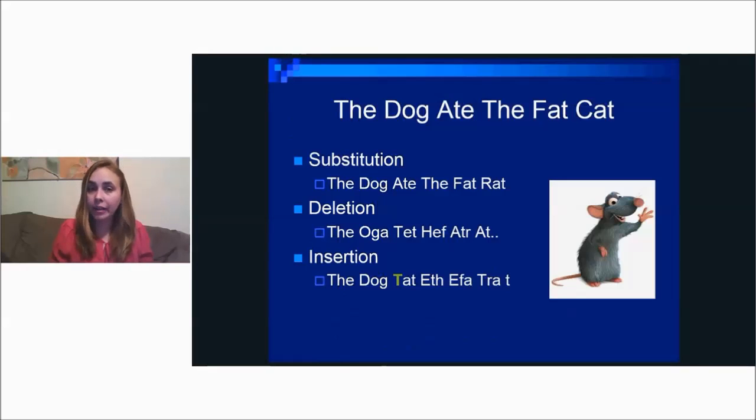It changed everything from the word dog on, and the protein is going to be completely different as a result. The insertion, we inserted a T before the word ate, and it changed the sentence to the dog tat eth effa tra with a leftover T. Again, the insertion shifted the reading frame to the right 1 letter, and as a result, it changed every codon